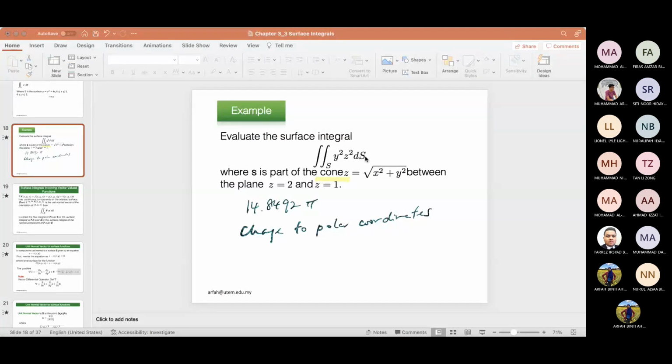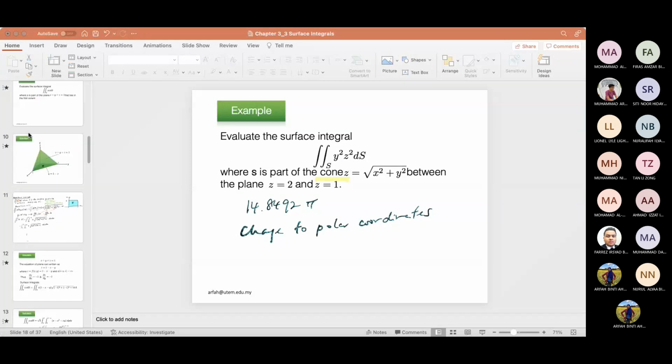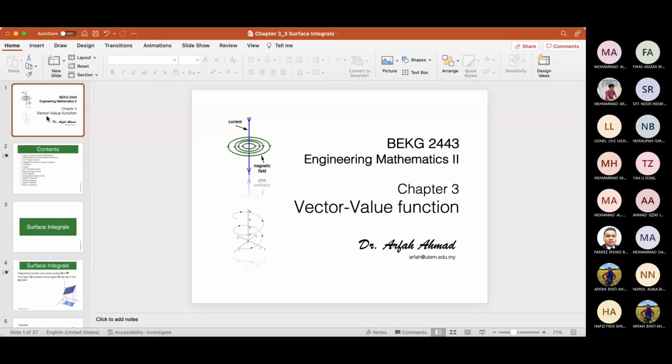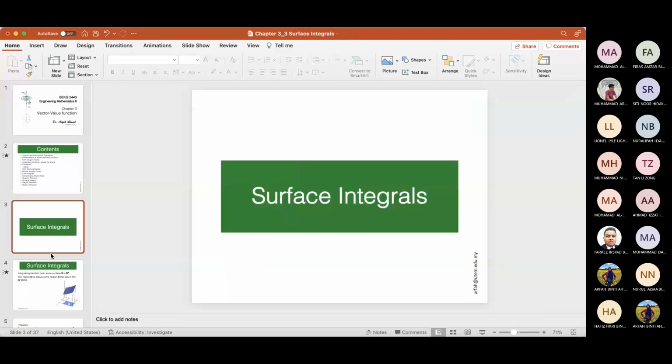So today we are going to continue with the second part of our lecture on surface integral, that is the surface integral for the vector value function. Yesterday we took a look into surface integral for the vector function, and today we will continue with it. Semalam kita dah tengok the surface integral for the vector value function, where we have taken a look at